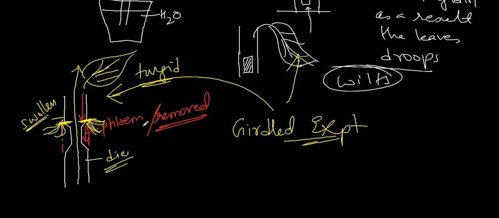So that shows that the phloem is important for the conduction of food. I hope you understood this experiment. It is also known as the girdle experiment, both for the xylem and phloem. Sometimes they ask it in the board examination as a 5 marks question, as well as their functions being asked as sub questions.